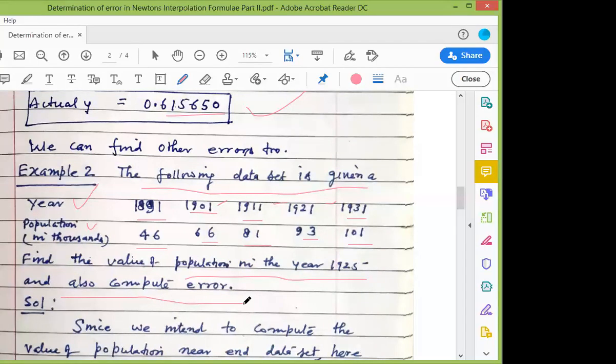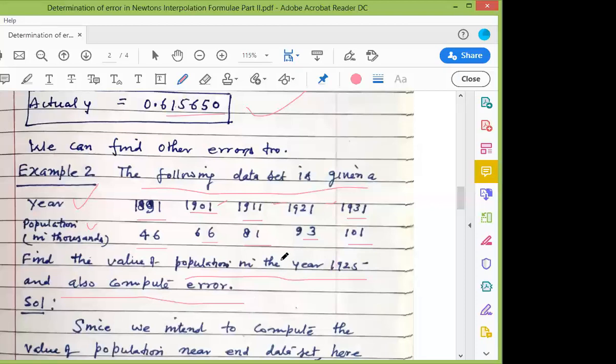In the previous examples we applied Newton's forward difference formula as well as Newton's backward interpolation formula. We never computed the amount of error, if you remember; we simply computed the estimation of the function without error. The error was understood. But here I am giving the amount of the error also. So now this kind of problem is realistic, where computation of the error is also reflected and shown in a particular example.